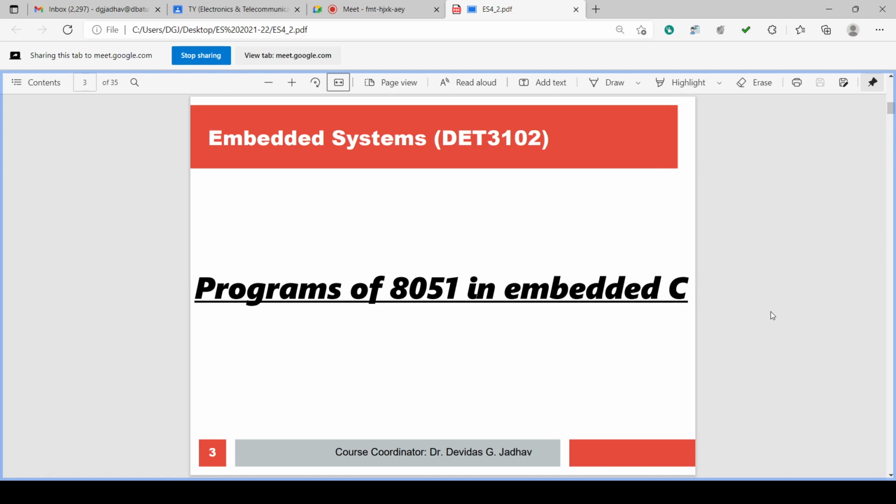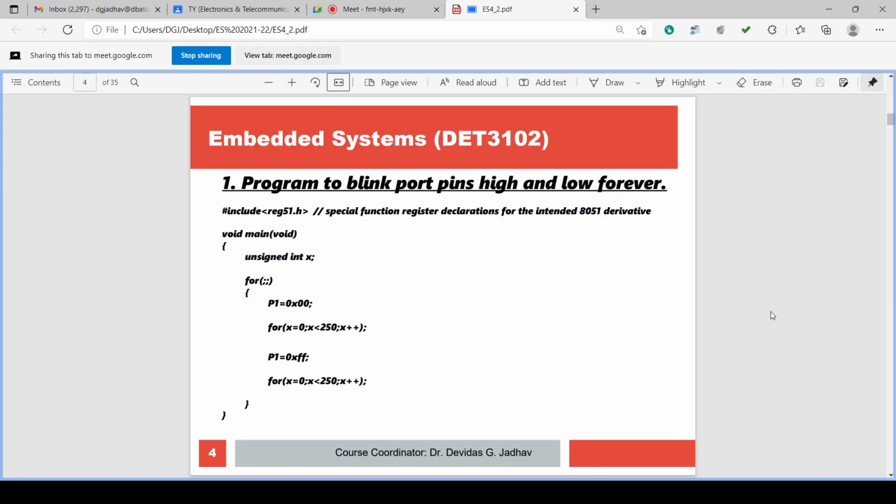Slowly we are learning the use of that software. I will upload how to create the project video, and then we'll have the one by one simulation of the programs. Okay. So we have discussed the program to blink the port pins high and low, isn't it?